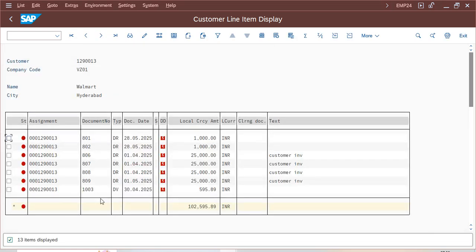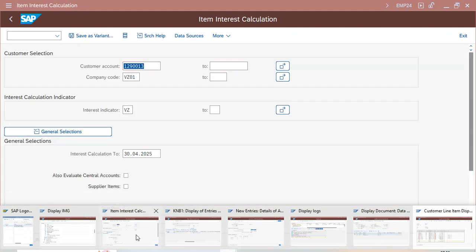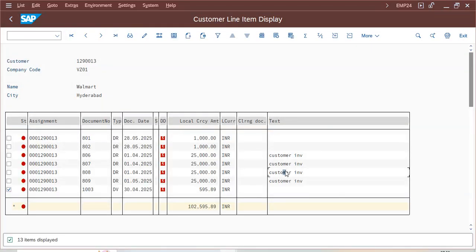Now you can see here 1003 document. So customer has been charged with 595.89 rupees. Okay, so it's similar to your sales invoices. Any questions on the interest calculation settings? Now let us understand